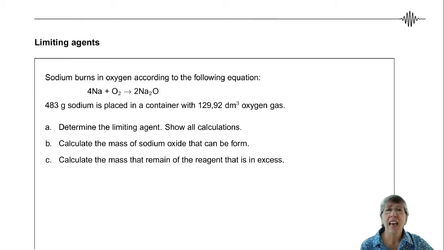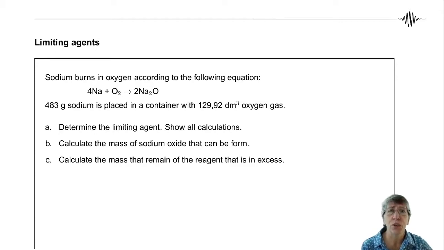So for limiting agent, something is going to be in excess. There's more than enough. Not all of that is going to react, and we're going to ignore that one. We want to work with the reactant that is going to limit, that's going to determine how much product is